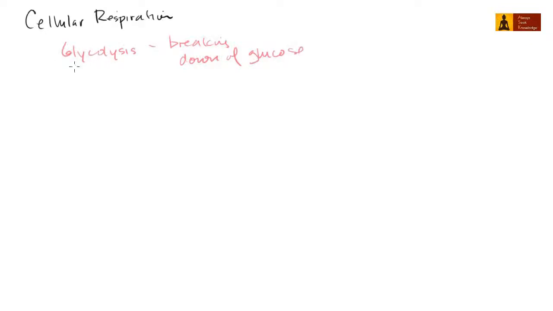If we don't have oxygen, then we go over to fermentation. We'll talk about that in the future. In humans, it produces lactic acid. In other types of organisms, it might produce alcohol or ethanol. But if we have oxygen, and for the most part, we're going to assume that we can proceed forward with oxygen,